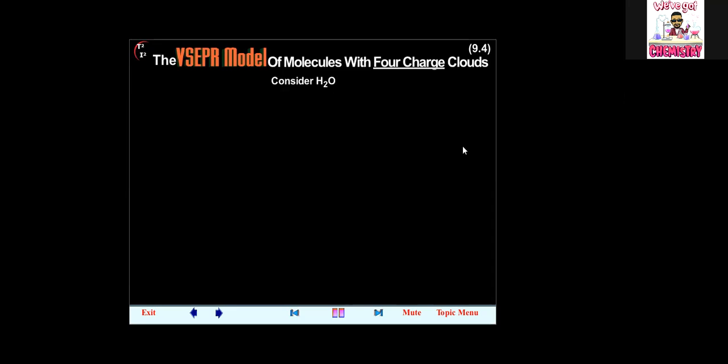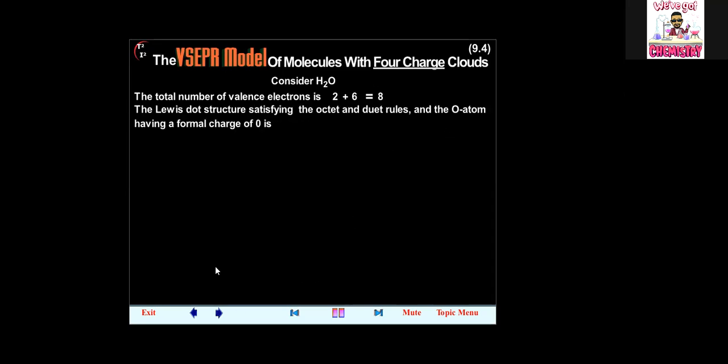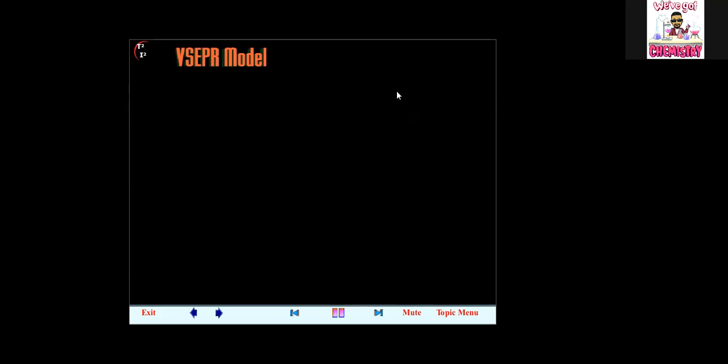Consider H2O. The total number of valence electrons is 2 plus 6 equals 8. The Lewis dot structure, satisfying the octet and duet rules, and the oxygen atom having a formal charge of 0 is